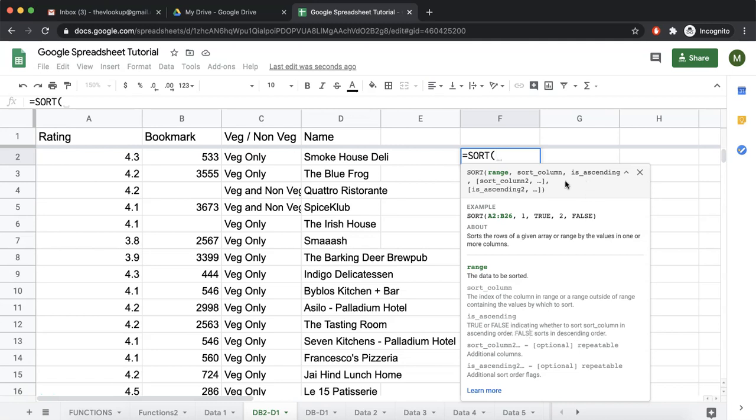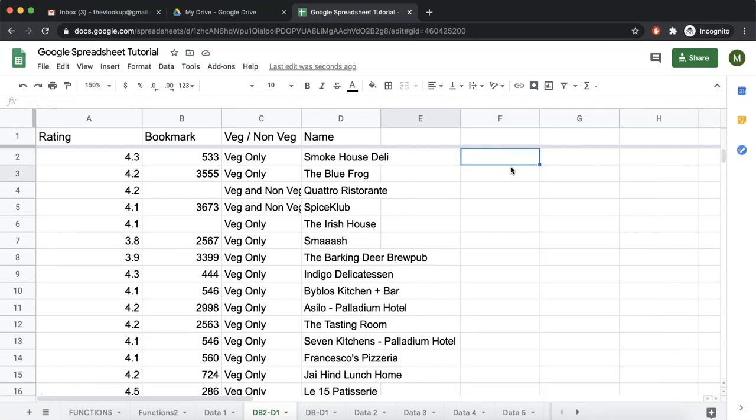And after that you can decide next, like first sort by this column, then by this column, then by this column. But since these are options, let's ignore this. We are going to use these three parameters. We are going to give the range, which column we want to sort, and whether it is ascending or descending order. So before we go there, I just wanted to highlight how we use functions inside functions so you get a clear idea. Or let me first implement it and then we will show.